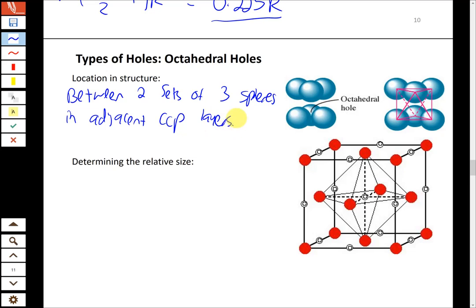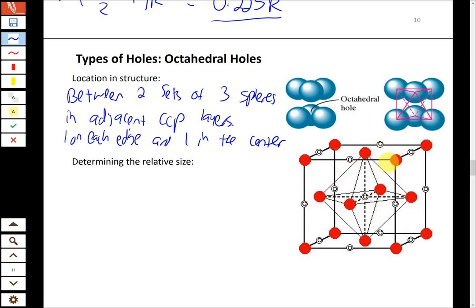But again, it's not so helpful to think about where those are in terms of the layers. It's helpful to think about where they are in the cubic unit cell. And so in the cubic unit cell, there's going to be one on each edge, I should say, and one in the center. So these little circles here, so again, the red spheres here are showing the face-centered cubic structure, which will be